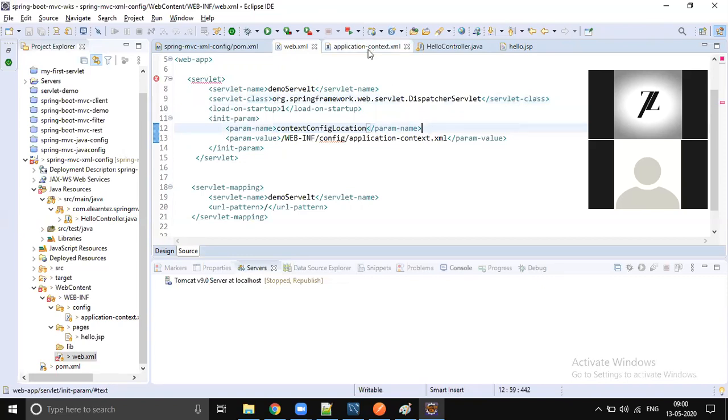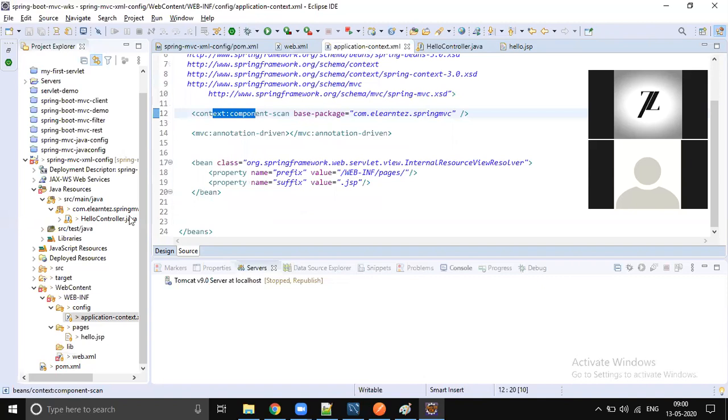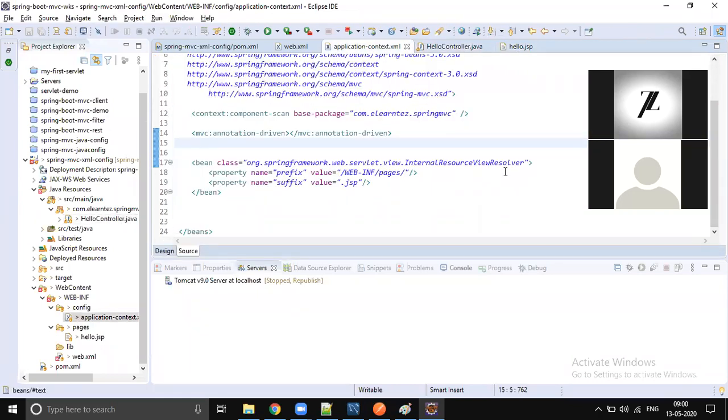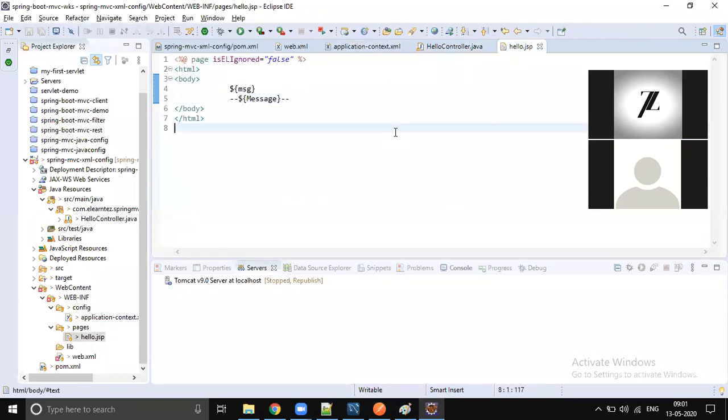As part of the configuration, we configured component scan, so all the controllers, services, components and repositories will be loaded, and we are enabling MVC. And at last, we are configuring the internal resource view resolver. If you return a string from the controller, Spring will take help from this internal resource view resolver, append the prefix and suffix, and finally identify which JSP page it has to render, and that corresponding JSP page will be rendered and displayed to the customer.